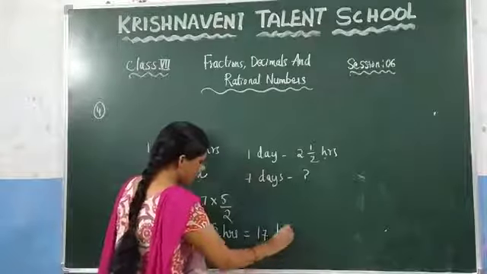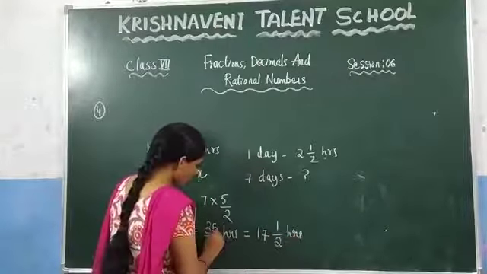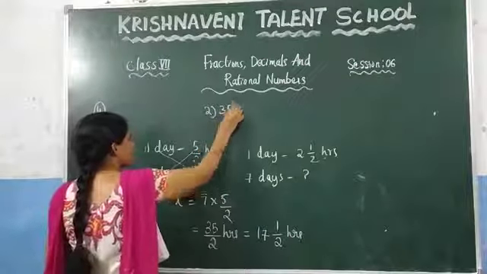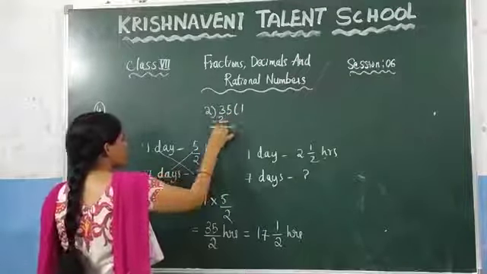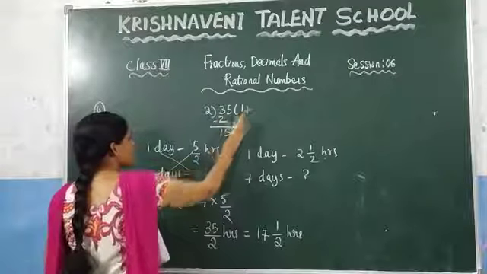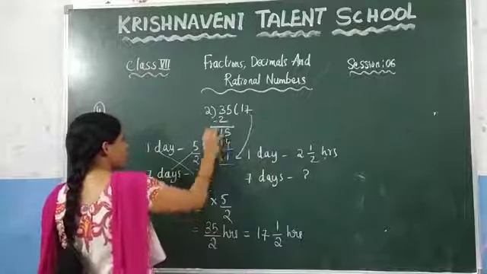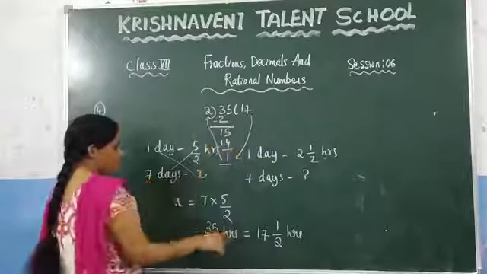And 17 1 by 2 hours. You can do it in the form of division. How can you do it here? 2 1s are 2, here you will get 1 as the remainder. 2 7s are 14, and you are getting 1. You can write it in this way, which is 17 1/2. So